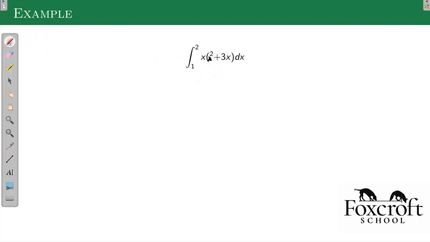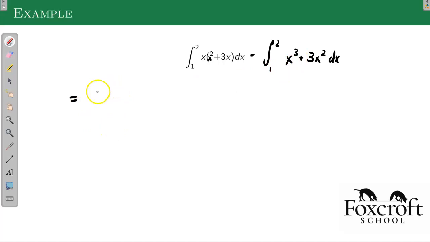I look at this example and it looks pretty straightforward. You could take the integral of x and x squared plus 3x, but you can't take the integral of multiplication, so I actually have to simplify first. And write this as x cubed plus 3x squared dx. Now I have something that's just powers of x. I can do the